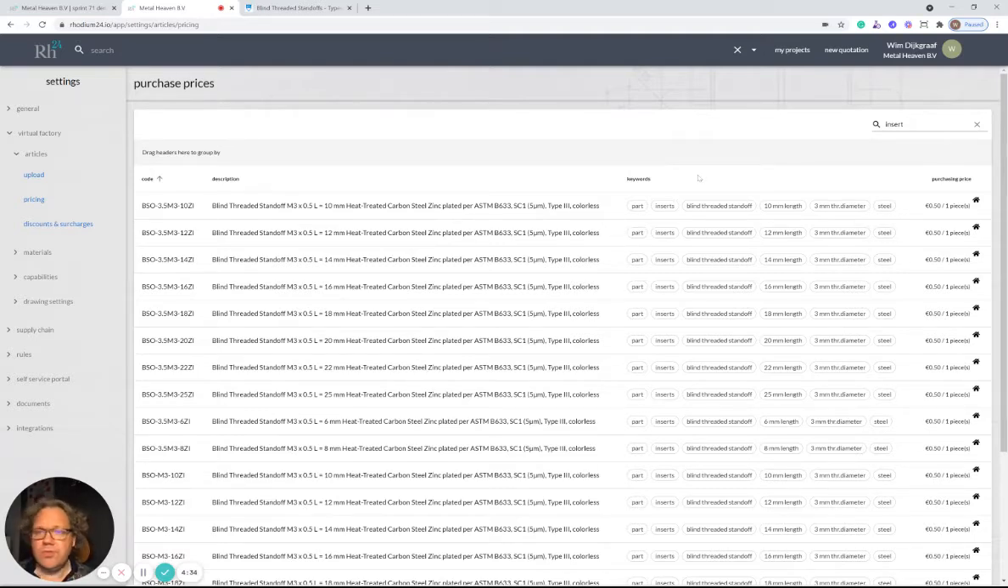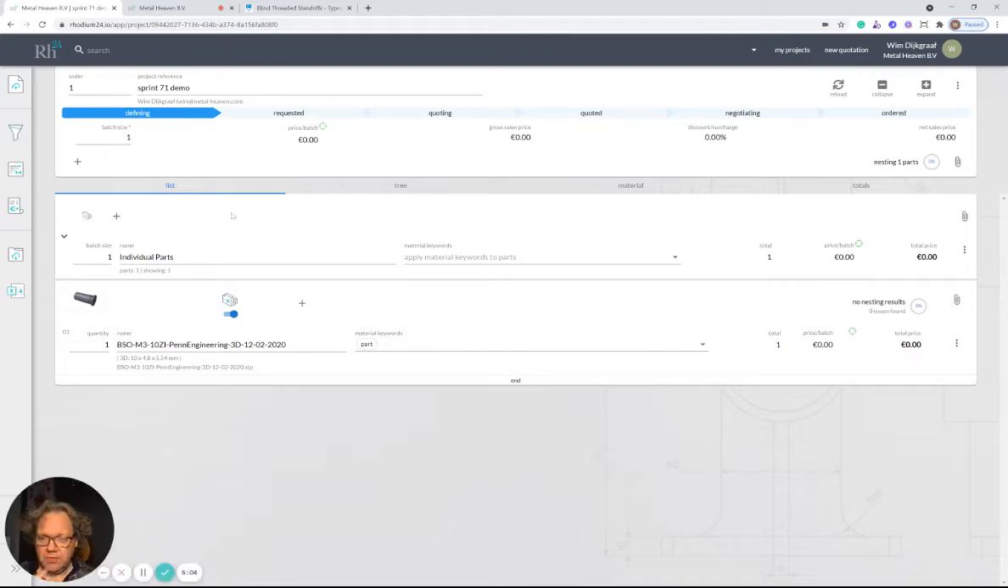And then we have fine-tuned the article recognition such that these keywords are allocated to this article. So you see inserts, the category, the specific type, blind threaded standoff with a length of 10 millimeter and a thread diameter of 3 millimeters. And this is the steel version. And that's because here is written carbon steel zinc plated. Okay, so now if we go back to this geometry,